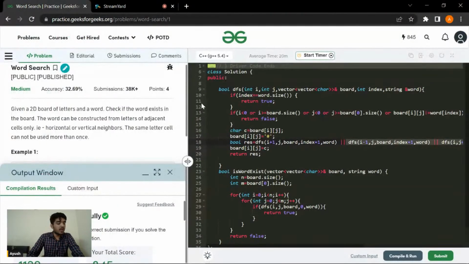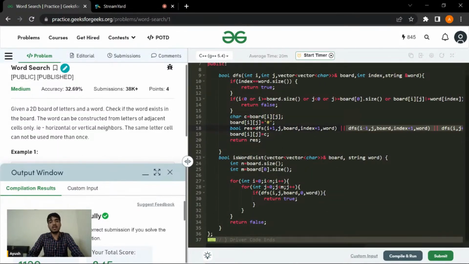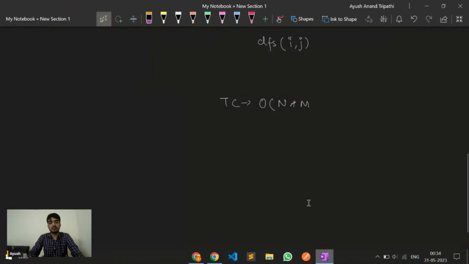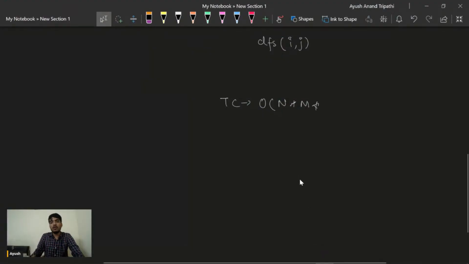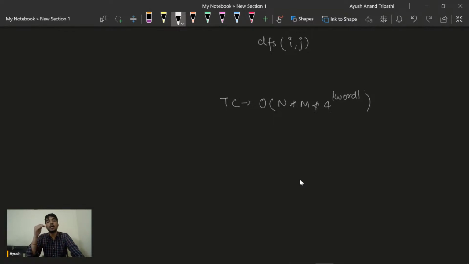Okay, makes sense, but not up to that mark, Rishit. Okay, let me tell you why. But before that, let me tell you the time complexity for this DFS function. The time complexity for this DFS function is 4 to the power length of the string word, because at most you visit that many cells, up to the length of the string word, and for every cell you have